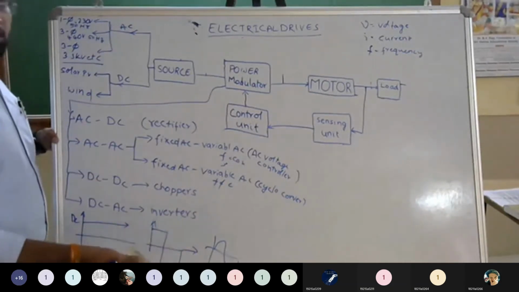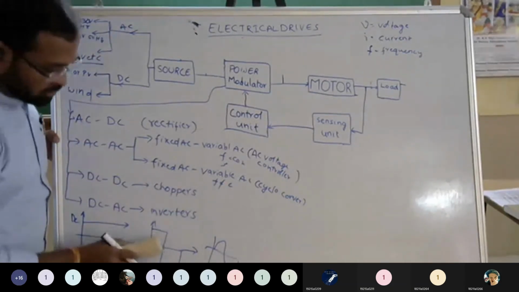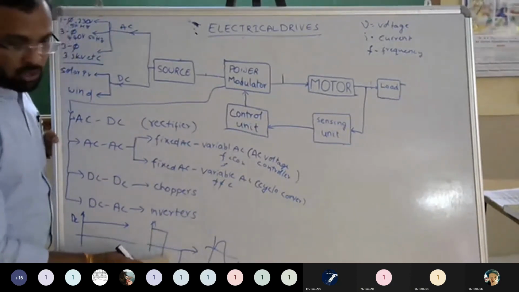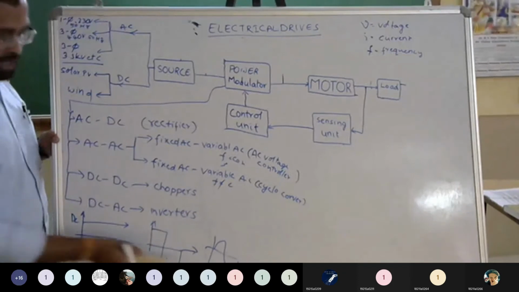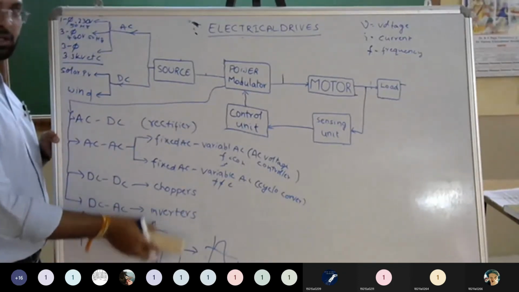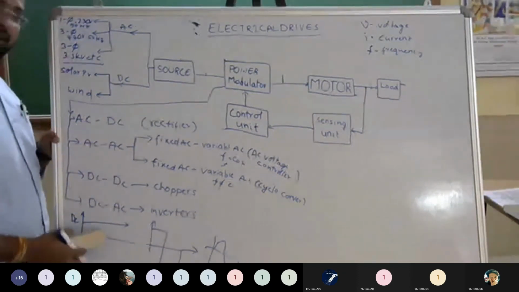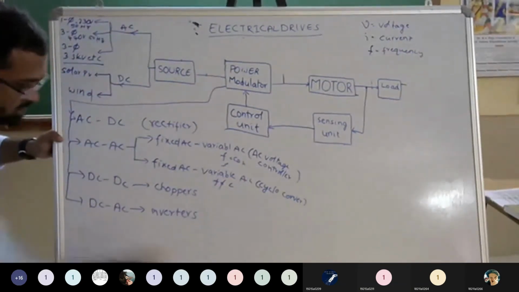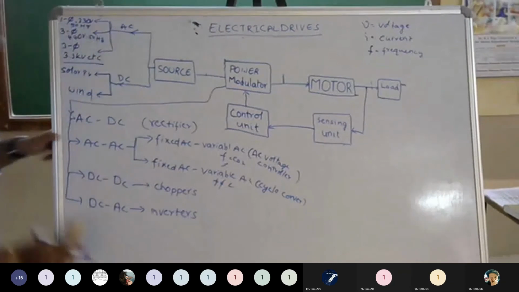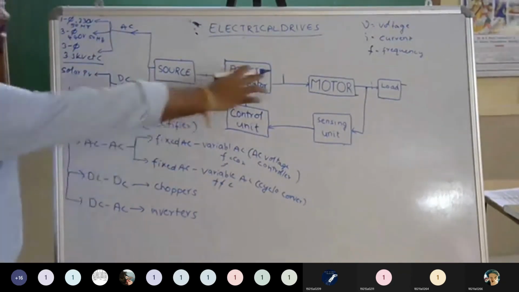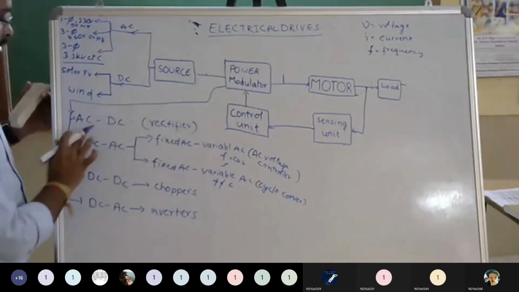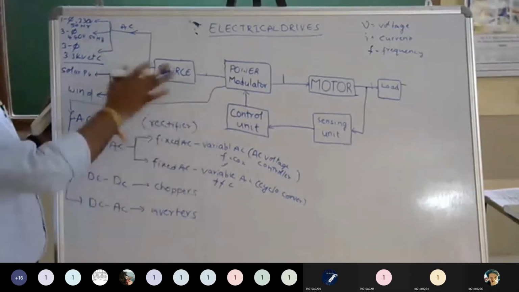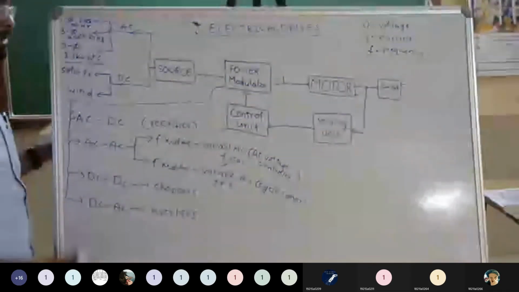Second thing, automatically rectifier. That one also we can say. Here some mistake is there. What is that mistake? Something is positive, something is negative. That mistake we are rectifying. We are rectifying this negative one into positive. That's why that is called a rectifier. Like this, so many things are there. If you come to physical classes, we can teach more. That is out of subject. So now our modulators are AC to DC, AC to AC, DC to DC, DC to AC. These are the power modulators available.